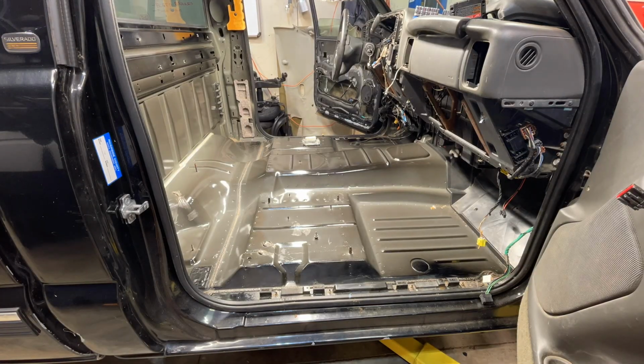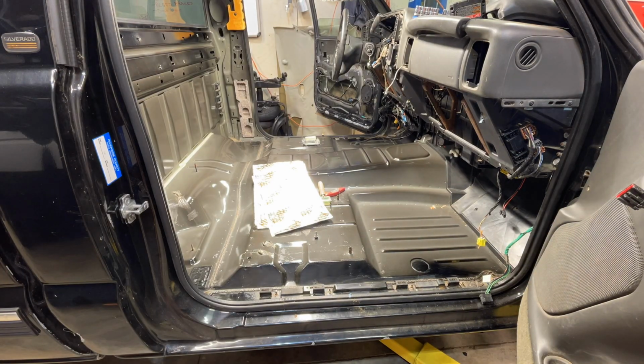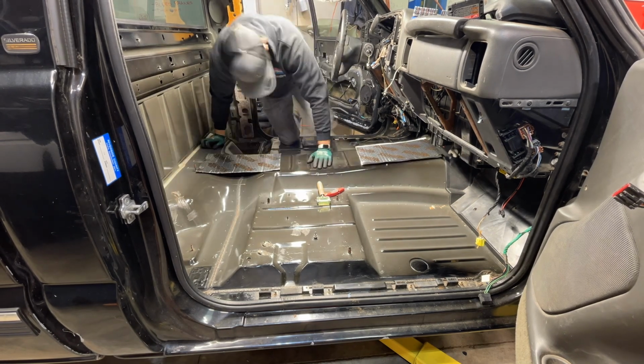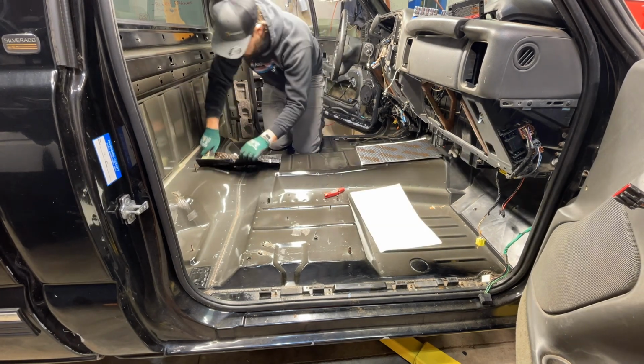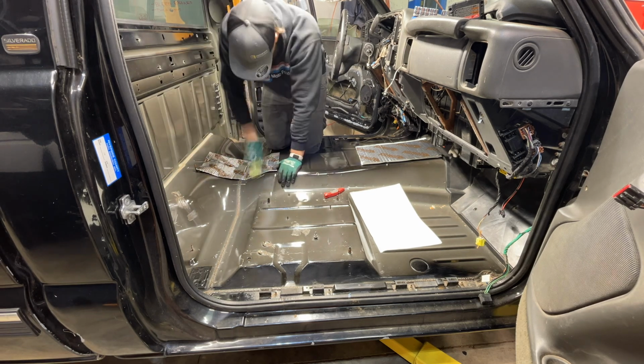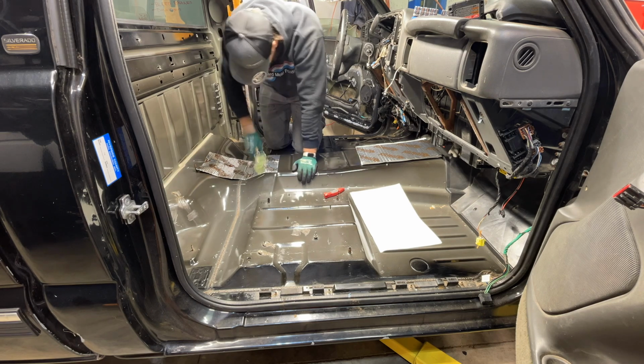I'm going to be doing a little voiceover in this section of the video just to help you guys apply this to your own vehicle. So after I got the floor all clean and I was happy that it wasn't leaving any cloudiness behind, you could tell just by running your fingers over it that it was nice and clean. I decided to start in the middle of the